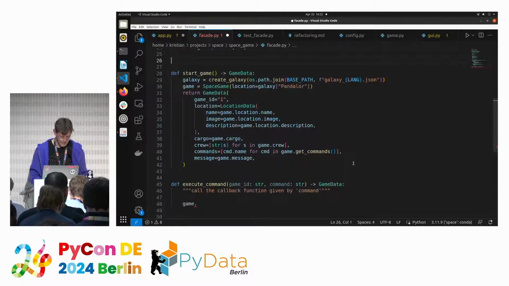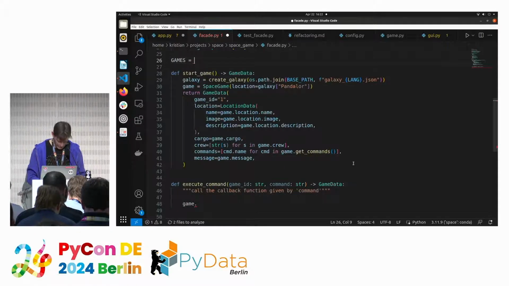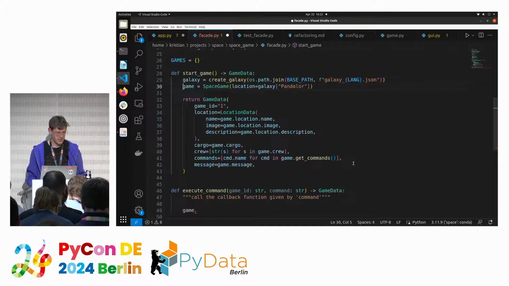Dictionary, thank you. Games equals dictionary. And then we can persist. If you don't like this, you can leave a to-do: move this to a database